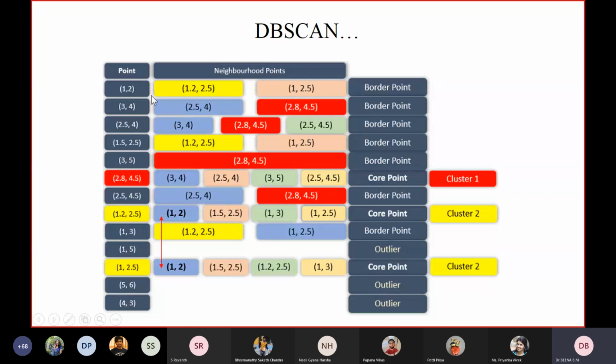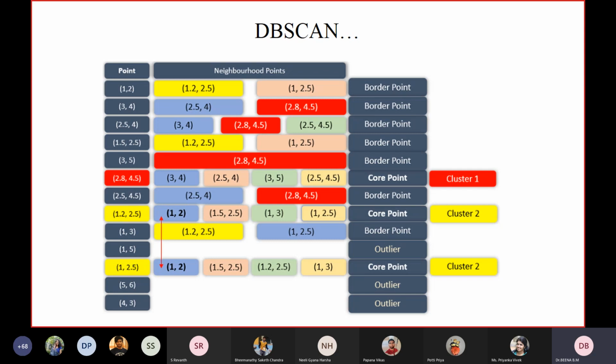Look at this first point, (1, 2). It is a border point, right? It has a core point, (1.2, 2.5), and this (1.2, 2.5) is included in cluster 2.